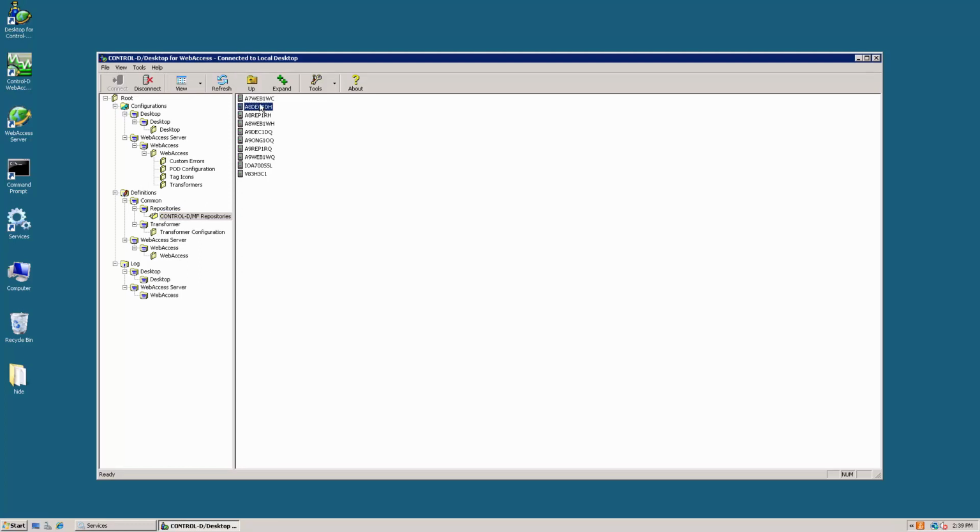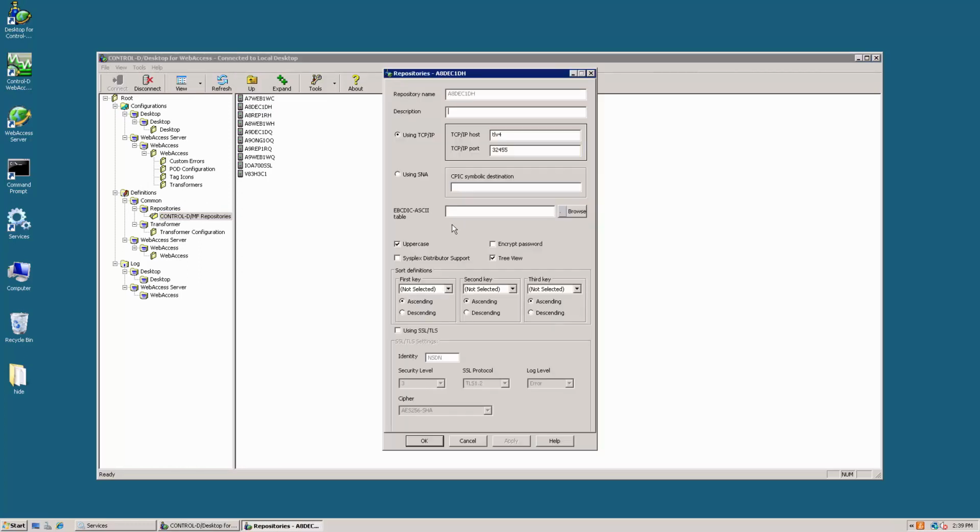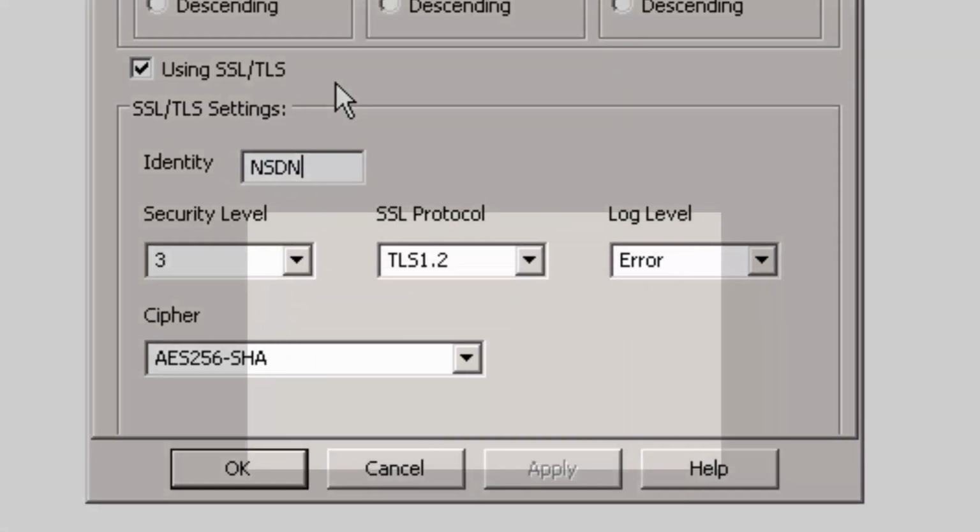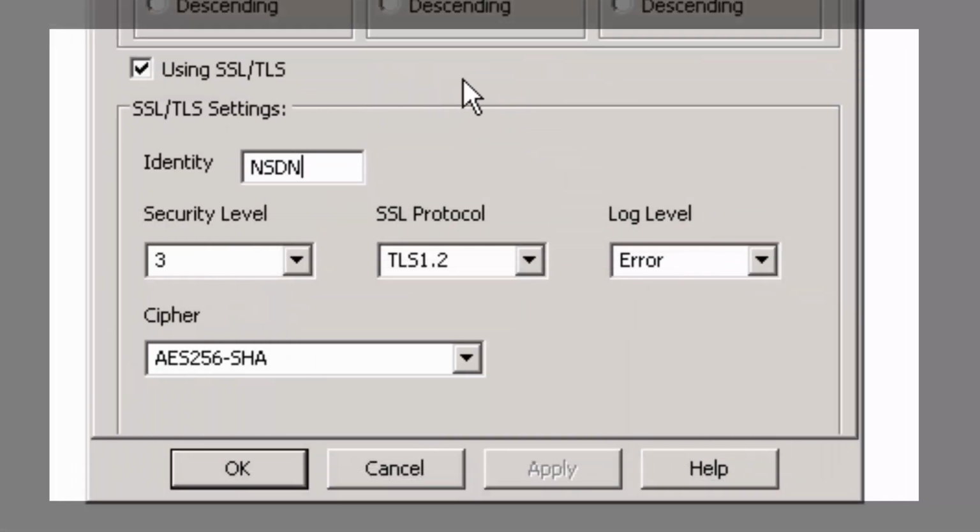Double click on the repository in which you wish to configure the SSL to open a configuration window. Check the checkbox using SSL TLS at the bottom of the configuration window. Before clicking OK and moving on with the default values that the WebAccess has supplied us, I want to talk